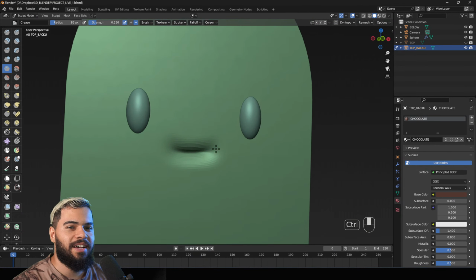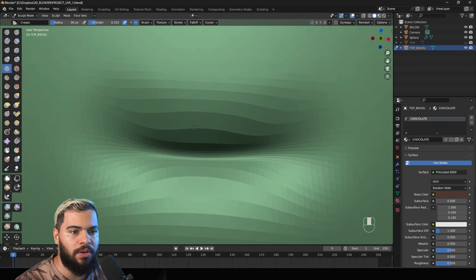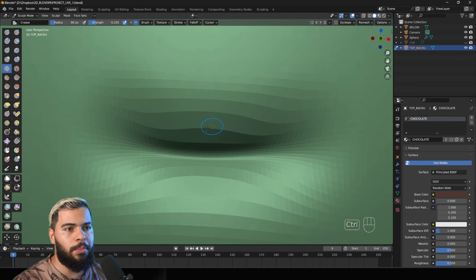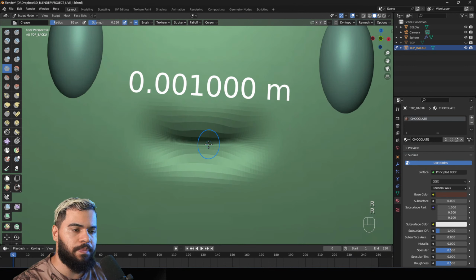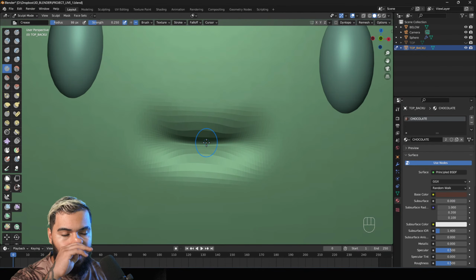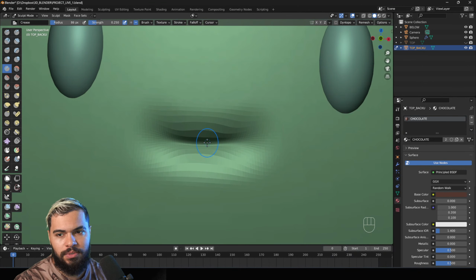Nice. After that, can you see that we have these polygons displaying? Remember about the R. The more polygons we have, the better the visual quality can be. However, if you increase this too much, your computer can explode. Be careful.